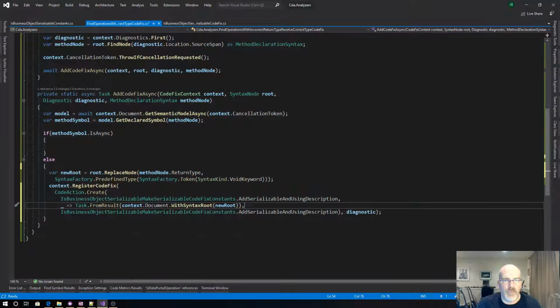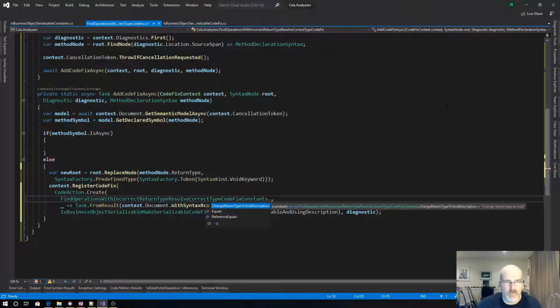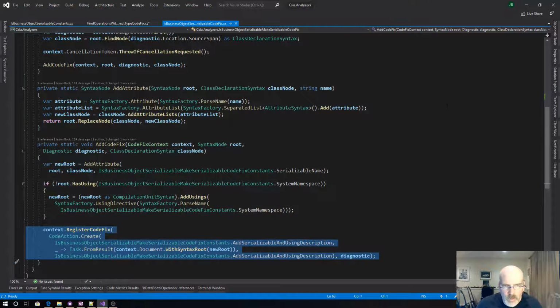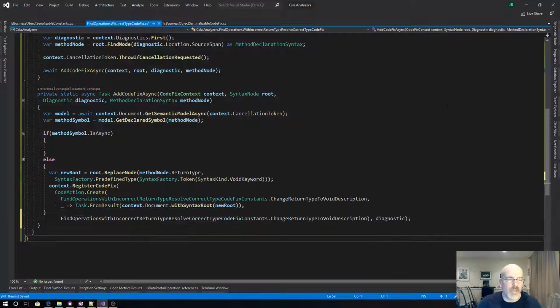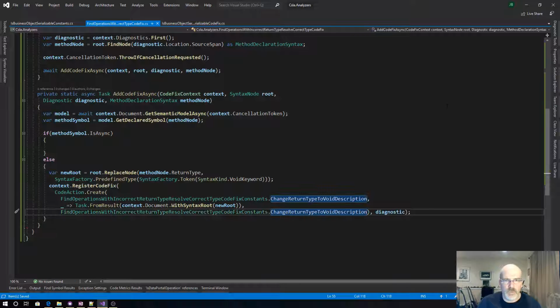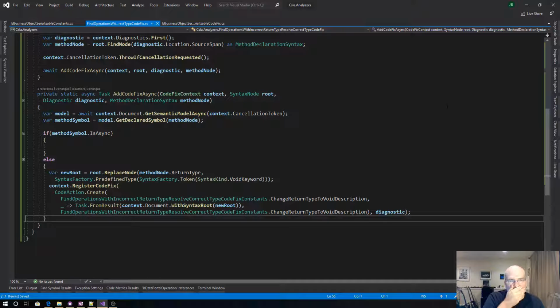Let's get rid of this. Am I on the right thing? Yes, I am. You do both of them. Okay. There, okay. So that is if you do void. It's not async. If it is async,